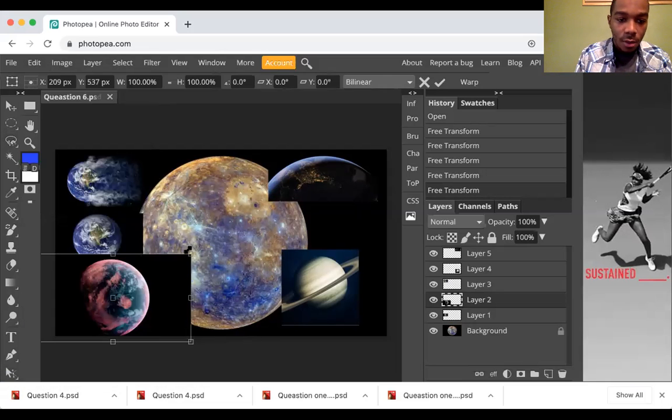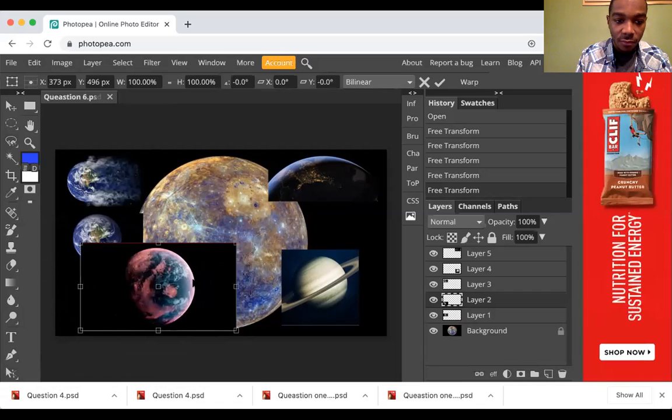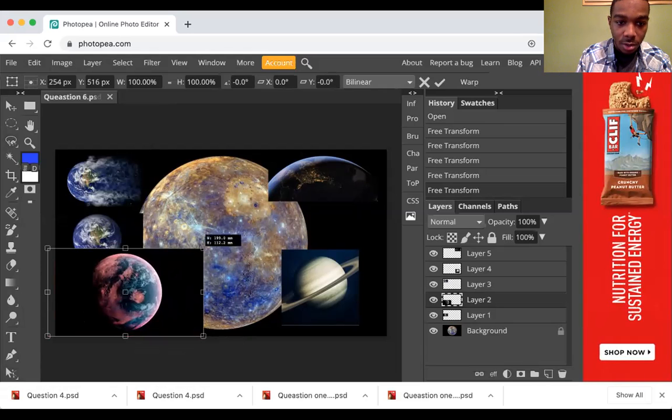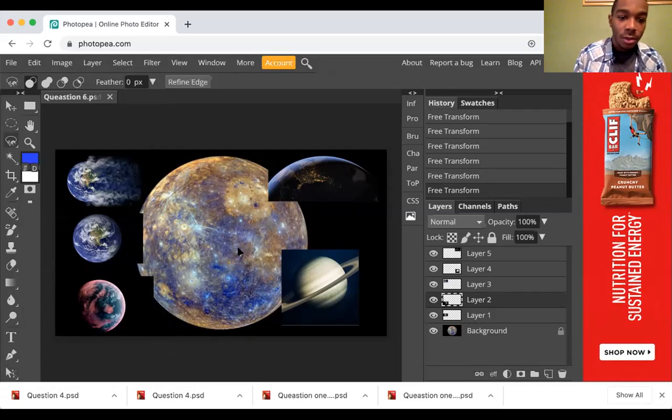However, since the book, I don't think the book used free transform yet. I think I'll go ahead and pass on it this time. Look at that. Who is that? The moon? Yeah, I'll let it stay in the background. I'll leave it unadjusted. I'll hit enter to confirm that. All